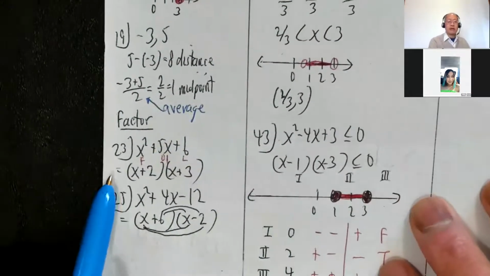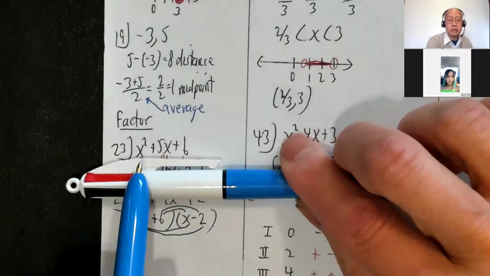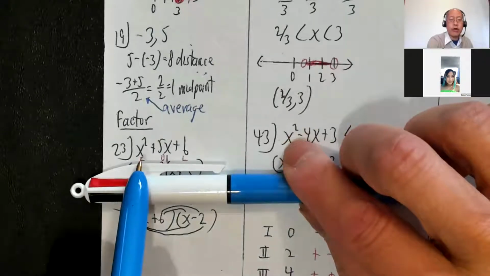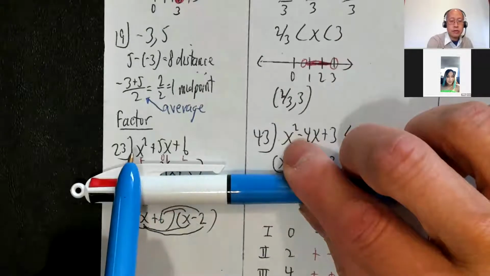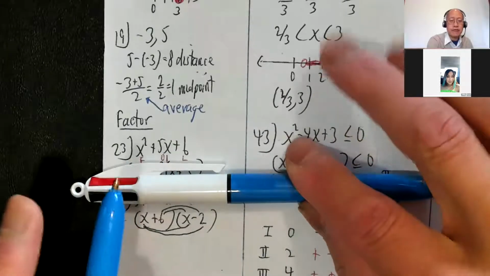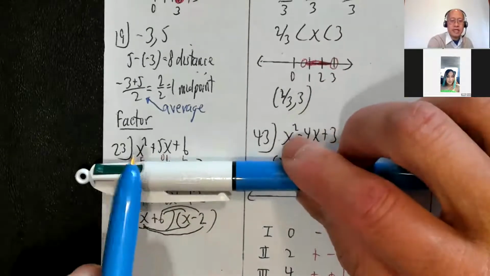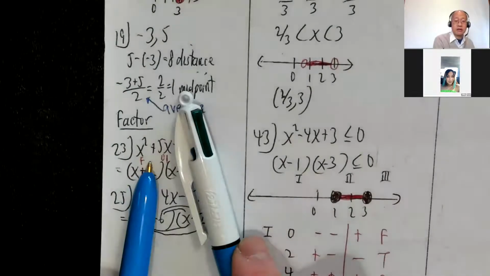Okay, review of factoring. x squared plus 5x plus 6. Remember doing this in algebra, right? Some of you might recall FOIL: first, outer, inner, last. This was first, this was last, this was a combination of outer and inner. Now you pretty much should know whenever they give you problems like this, x squared is going to be x and x, right? x here, no question about it.